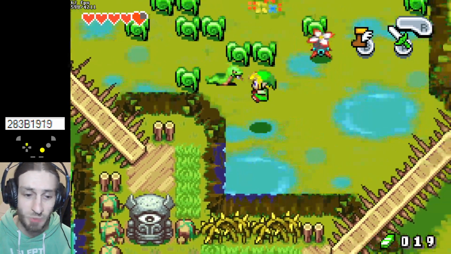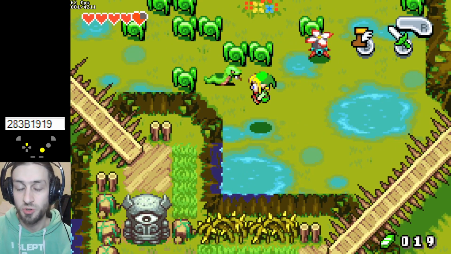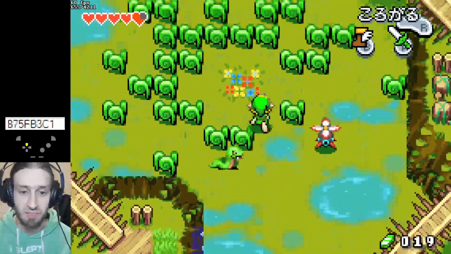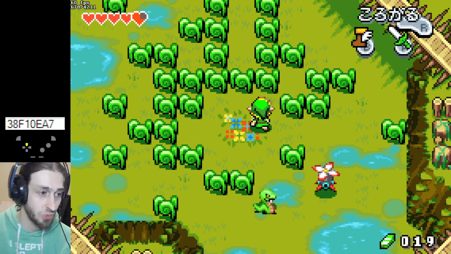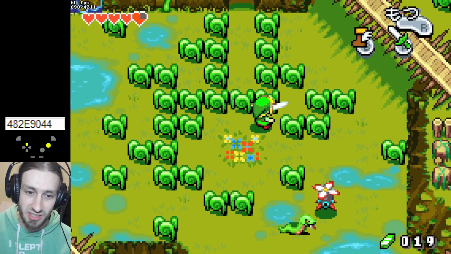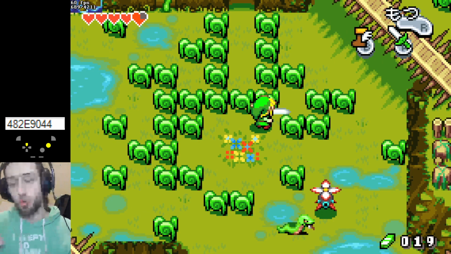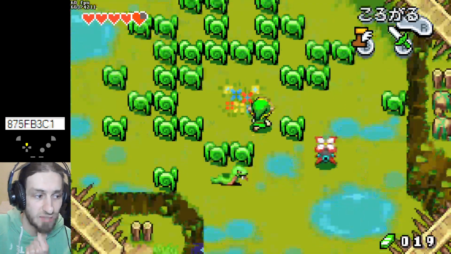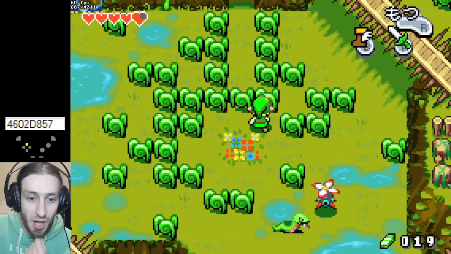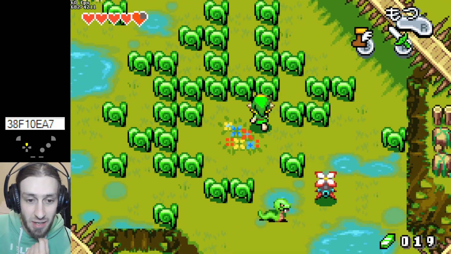And then from the moment that we bonk onto this wall, all we do is just hold up until we get to here. Now you want to start looking at a visual cue. You want Link to get pretty close to these bushes. You don't want to actually make contact with the bush. You just want to be somewhere above the